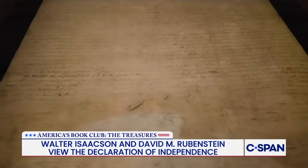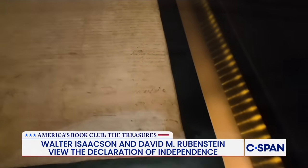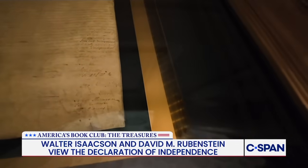So when they adopted the document on July the 4th, nobody's name went on it. Right. So nobody had committed treason publicly. The British didn't know who signed it. When they came back in August, they did sign it, but it wasn't released publicly until I think January of the subsequent year, because there had been some victories and maybe people thought it wasn't so likely that the United States would lose. But anyway, it wasn't revealed publicly until I think about January of